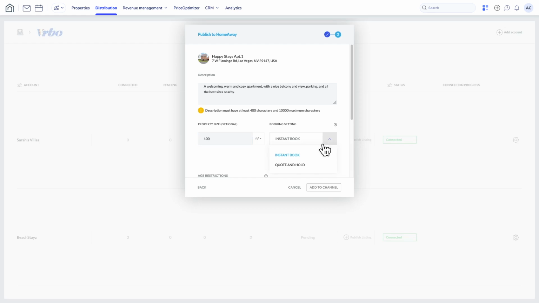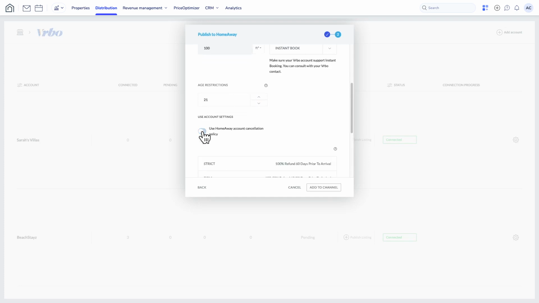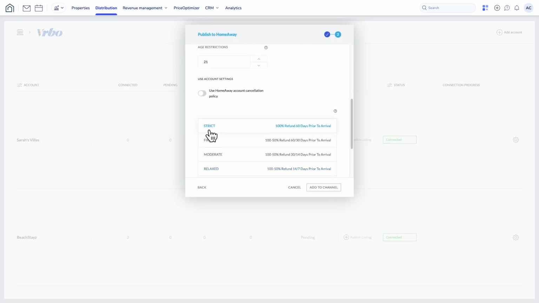Choose whether guests' booking requests will make a quote and hold or an instant book. Specify the minimum age required to make a reservation at your Vrbo listings. This is the minimum age of the guest making a reservation, not the age of guests allowed to stay at the property. Choose whether you'd like to use a specific cancellation policy for this listing, or your Vrbo account's default